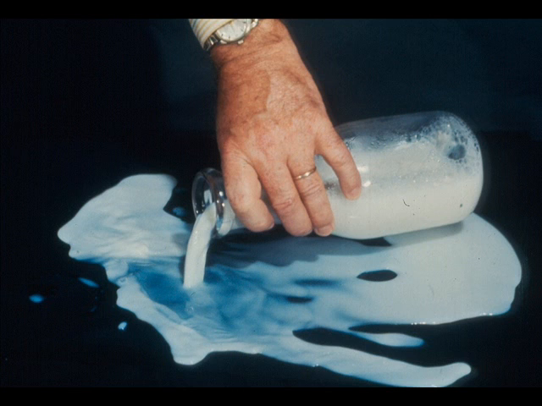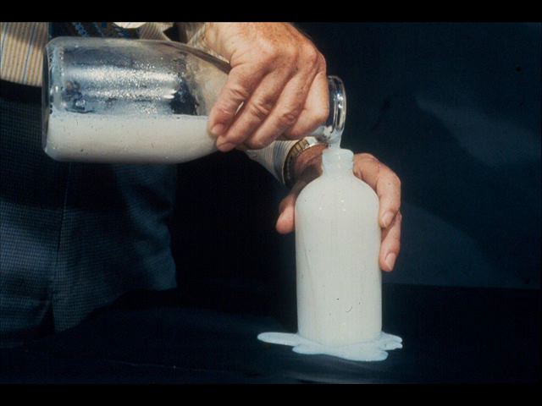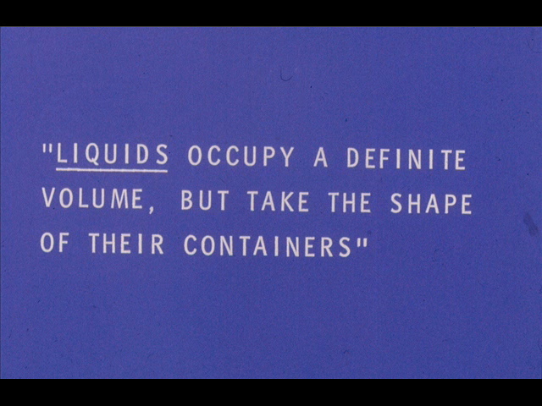On the other hand, suppose we pour milk on a table. The milk is not rigid, but spreads in all directions. A liquid must have side support to retain its shape. For that reason, a liquid takes the shape of its container. We find, however, that a liquid has a definite volume when we try to put a quart of milk into a pint bottle. Thus, it can be seen that liquids occupy a definite volume, but take the shape of their containers.